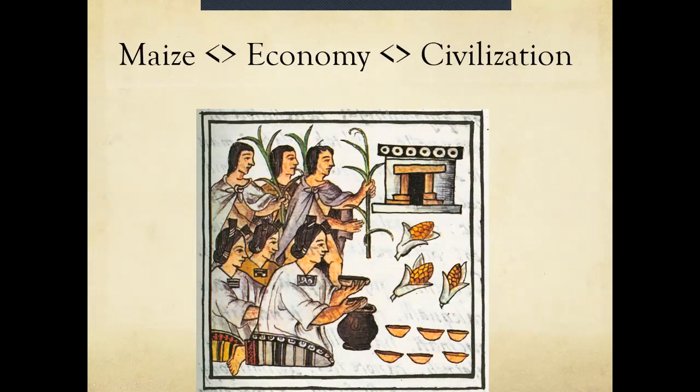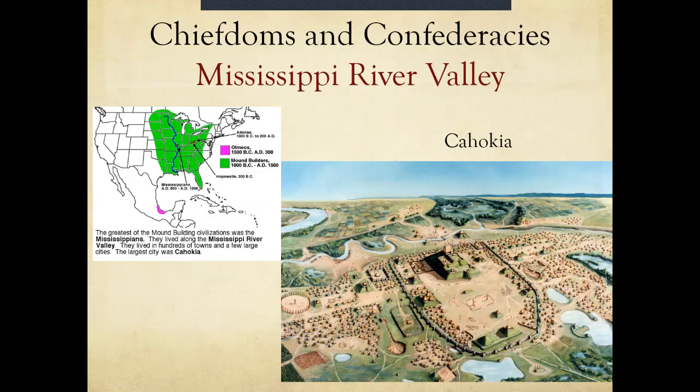And then the squash is like a ground cover, and that's going to prevent any sort of weeds from growing and choking out the beans and the corn. So the Three Sisters all work together and they're planted in these clusters. So think about the diet. You've got corn, you have squash, and you have beans. And all of that together with the meat that's being hunted provides a pretty well-balanced diet for these indigenous people. Okay,